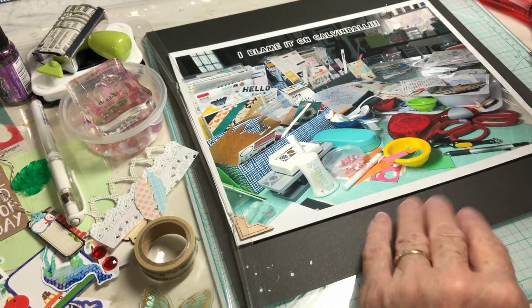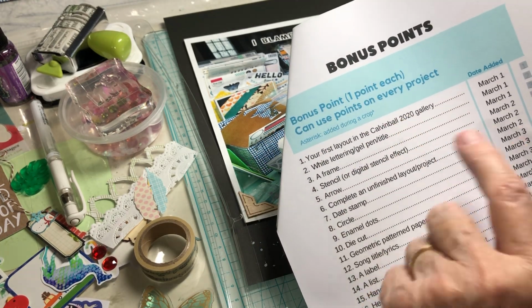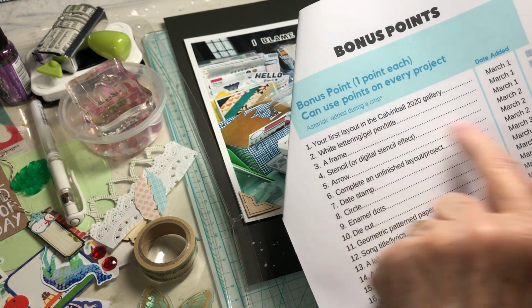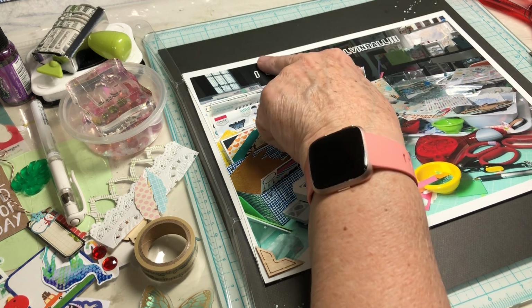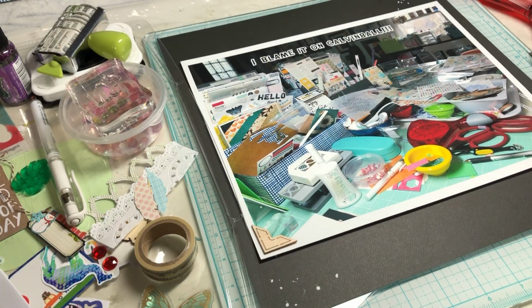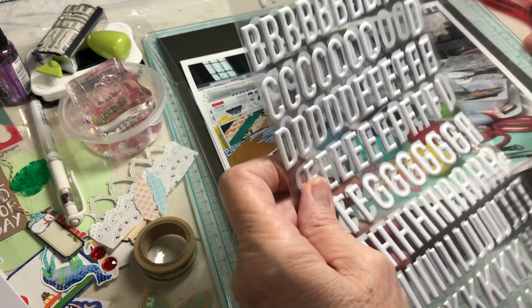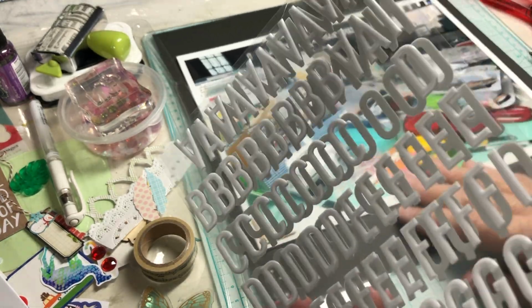Okay, so permanent rules. It starts out with your first layout in the Calvinball 2020 gallery. Did that first of the month. White lettering or gel pen or title. So I have white lettering up here. I'm going to add the rest of my title with these white letters. These are some light thickers. And I'm going to add it